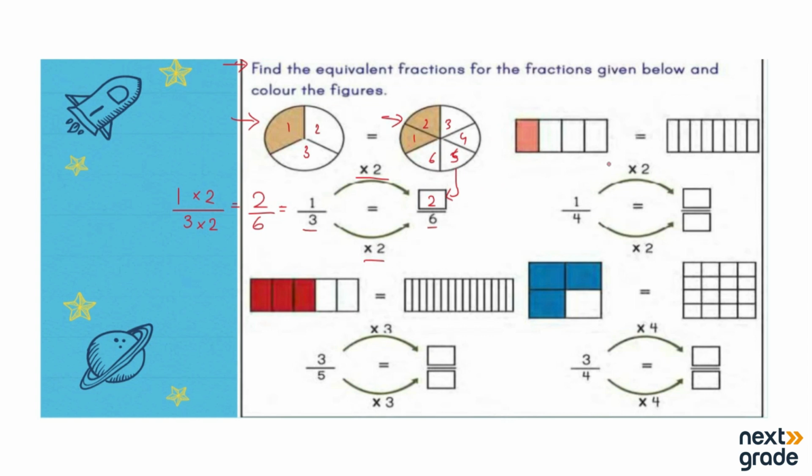ठीक है, सो लेट्स लुक एट दिस एग्जांपल ओवर हियर. We call it a B part. We have a rectangle over here in which in the first rectangle we have 4 parts. Okay, 1 is the colored part and 4 is the total part. ठीक है, अब उन्होंने हमें already बताया हुआ है that we have to multiply 1 by 2 and 4 by 2. When we multiply 1 with 2, the answer is 2, and when we multiply 4 with 2, the answer